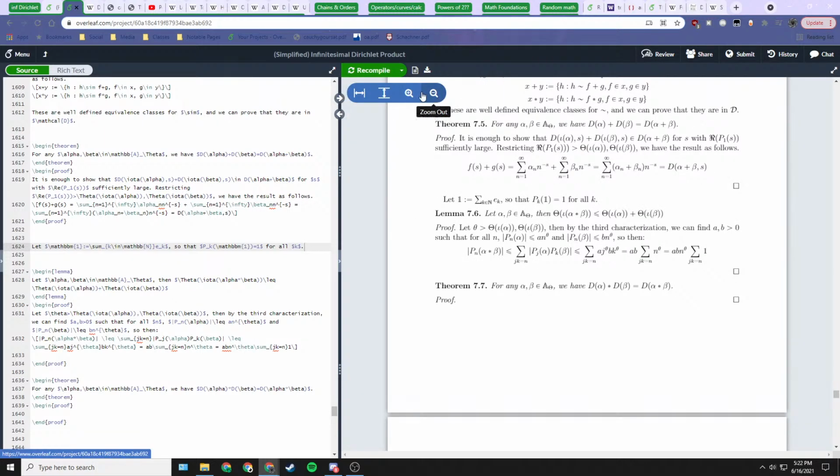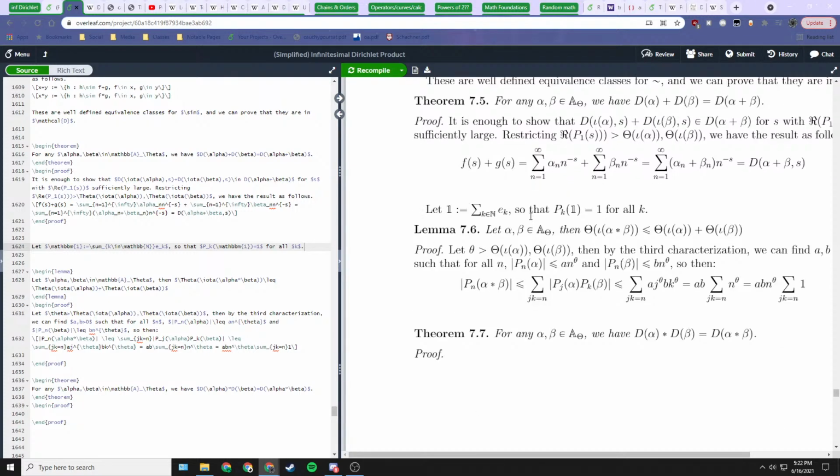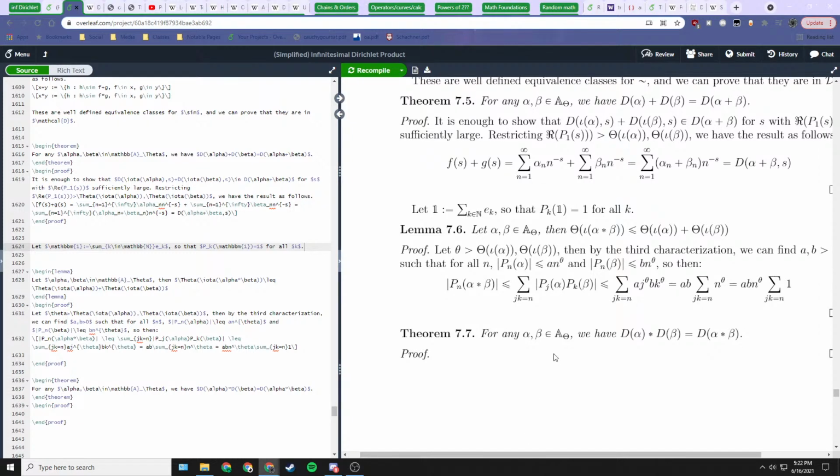Hope you can see this well. So this constant, we're using this sort of fancy stylized 1. So this is just defined as the summation of all these e sub k's. So it's such that each projection is just 1. So this fancy stylized 1 is 1 on each projection. So the assertion that we need for this lemma,